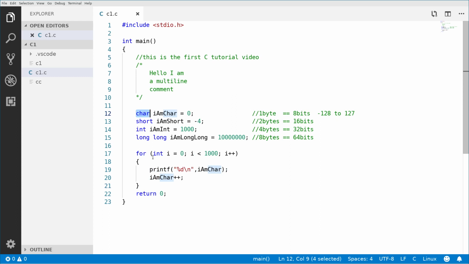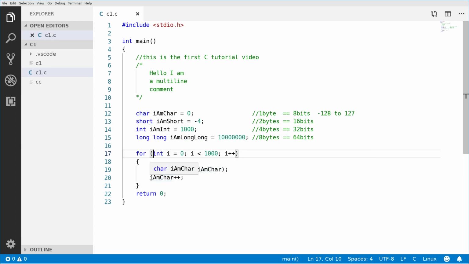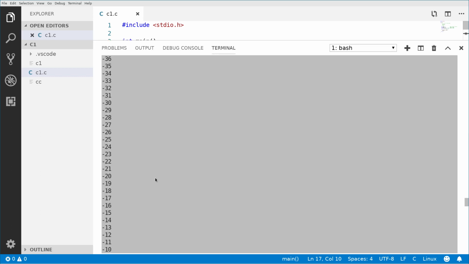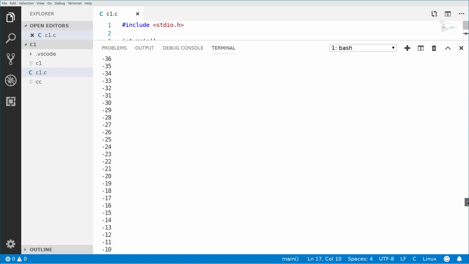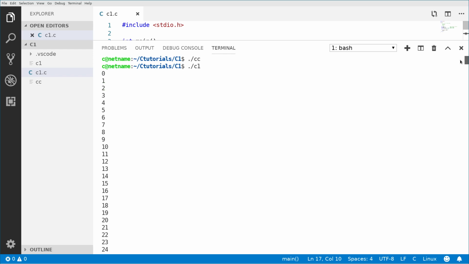This for loop prints 1,000 times the char value, and after it prints it, it increases its value. So as we remember, we ran the program in the previous tutorial, and this was the output, which started